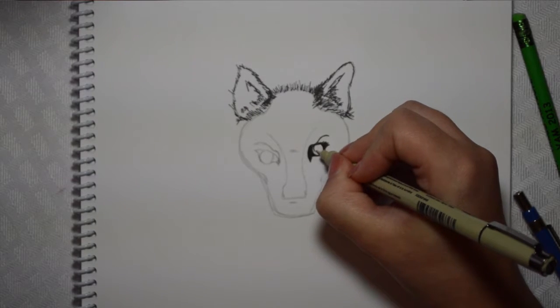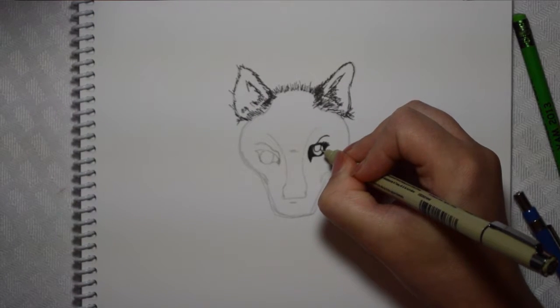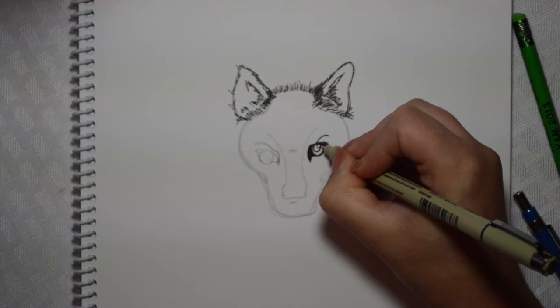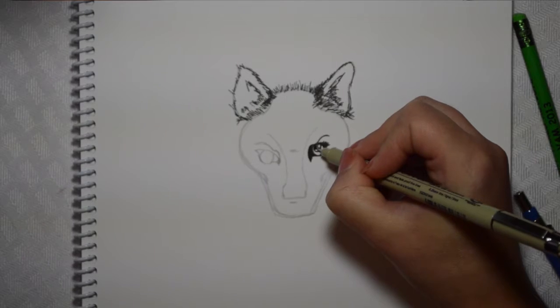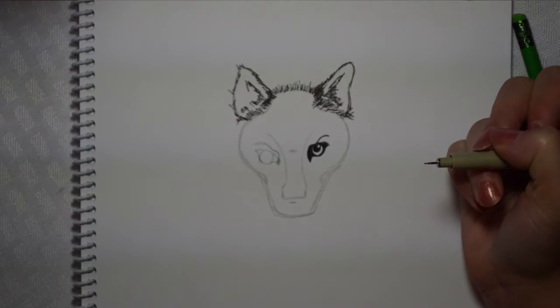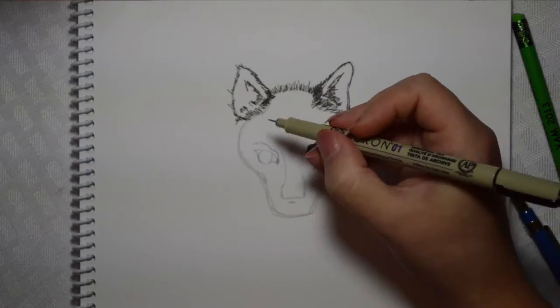I'm going to draw the pupil, a little bit of reflection, and color my pupil in. And I'm going to move over to the other side,